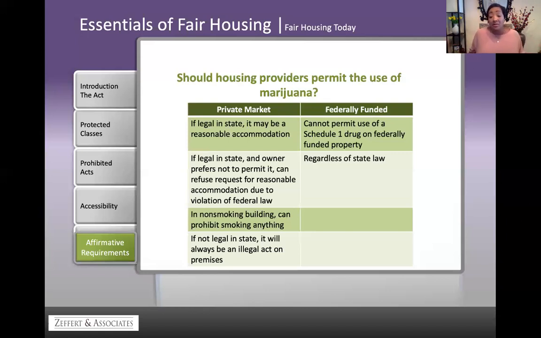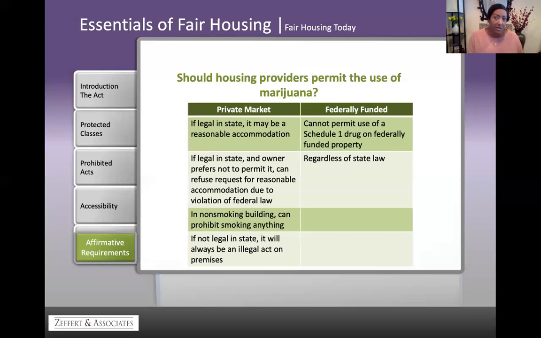Okay, and a lot of times there are several cases where landlords have actually evicted residents because they were smoking marijuana. They know that's not following the rules of the program to which they're receiving money to have that property, and they have had to evict them, and that is legal. It is legal. So, kind of stay tuned for it, because